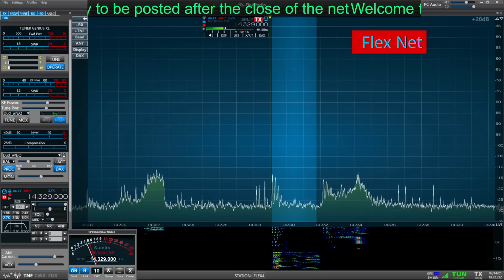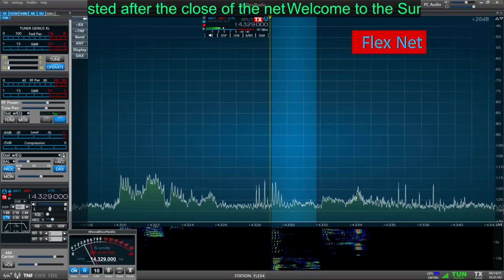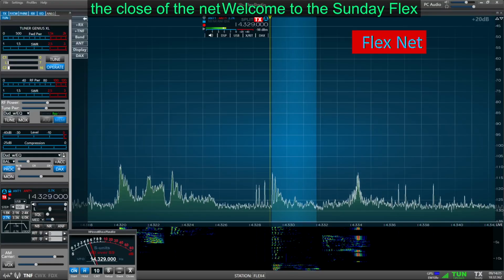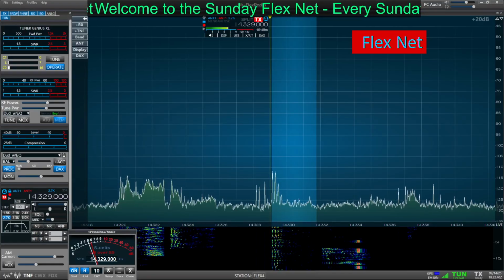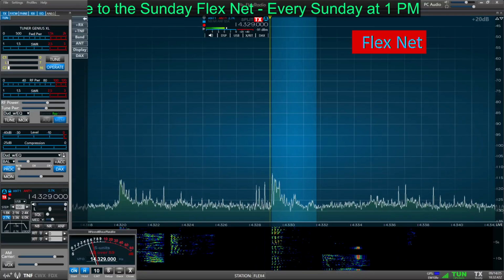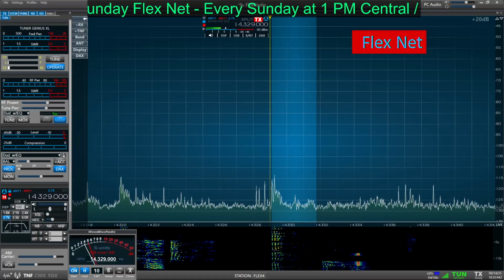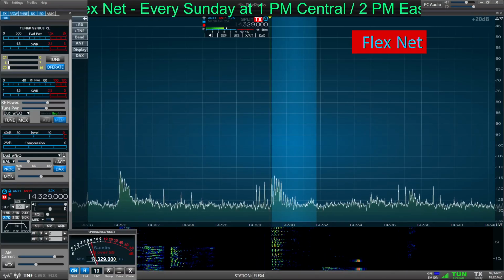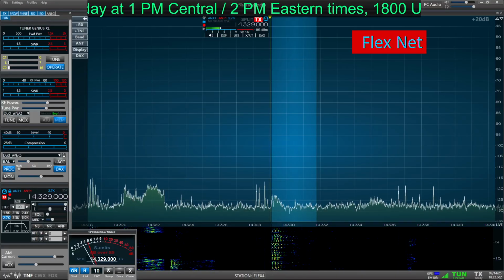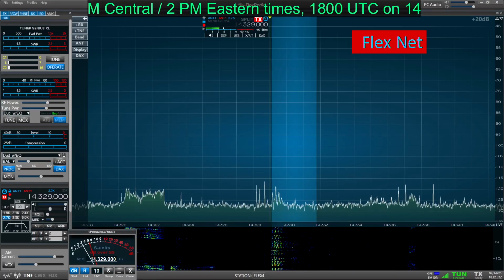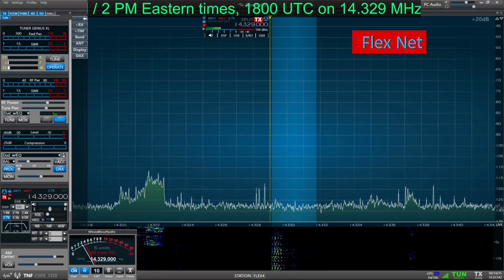Tango, Oscar, November, Yankee in South Carolina. First time on the net with my 2-week-old Flex 8400M. Really enjoying it, learning all the different things that I can do and adjustments to make it sound good. And what better way to find out than going to the main operation here and seeing how everything is run. And I look forward to checking in every week. So with that,